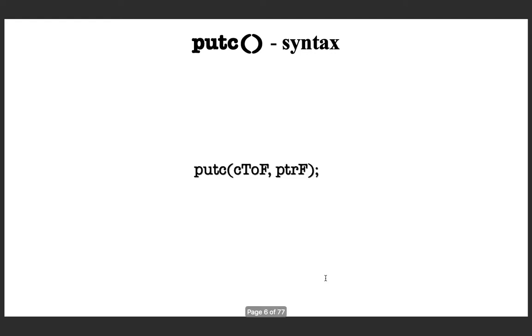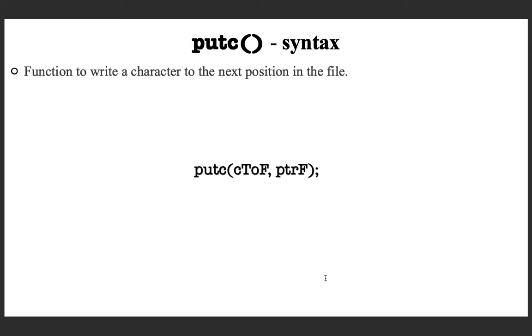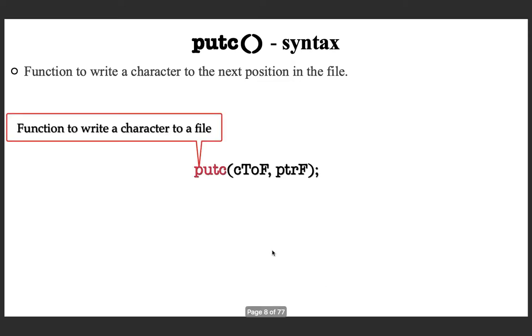This is the syntax. This is a function to write a character to the next position in the file that you are processing. What the next position is, we will see as we go further. Now the syntax: the first part is the function name, putc, which is for writing a character to a file.